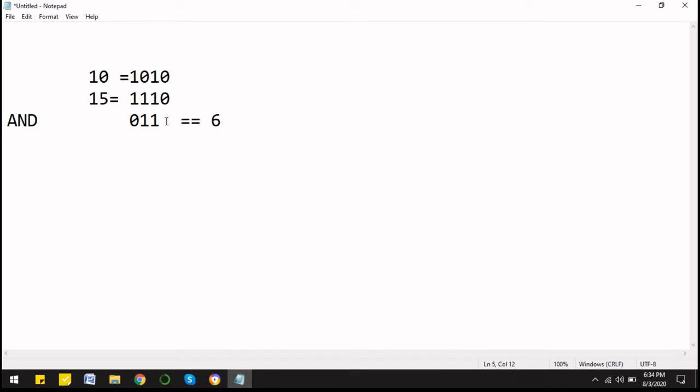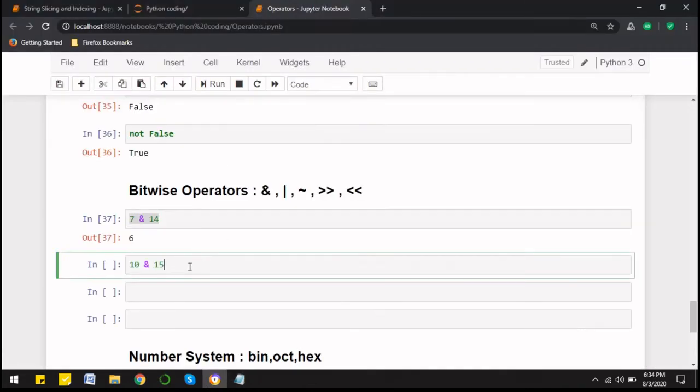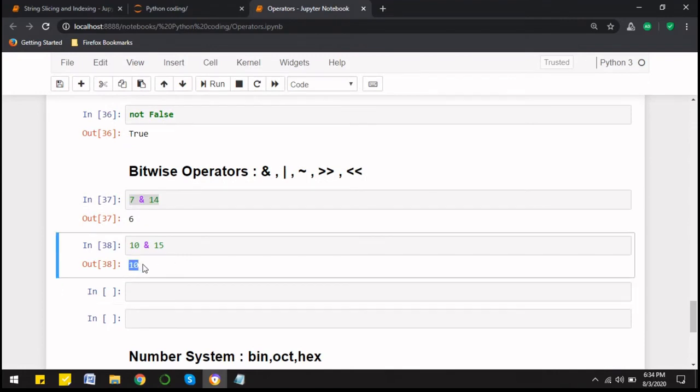If both are 0, the output will be 0. Both are 1, the output will be 1. If any one of them is 0, then again the output is 0, and if both are 1, the output will be 1. So what is the output here? This is again going to give us 10 only. So we can say the output is 10.